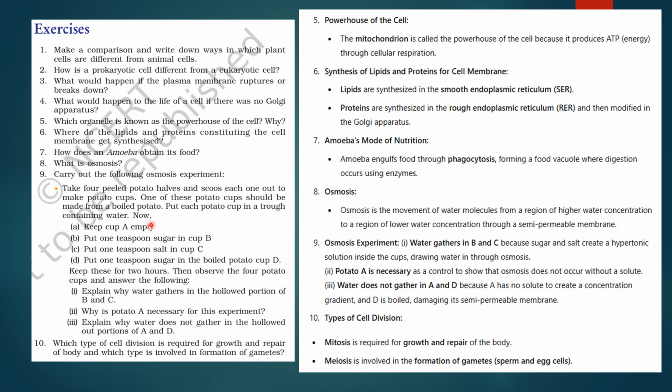Next is this is an osmosis experiment, okay. You are taking 4 peeled potato halves, okay, and we scoop out each one out of to make potato cups, ठीक है। तो इसमें हम 4 cases लेंगे, एक में cup को empty रखेंगे, एक में 1 teaspoon sugar डालेंगे, third one we add 1 teaspoon salt, okay, and in fourth one boiled potato cup लिया है और उसमें sugar add की।